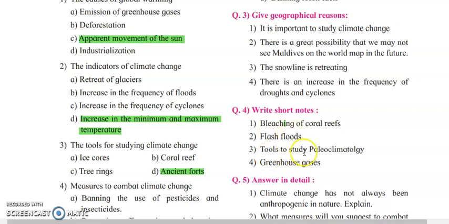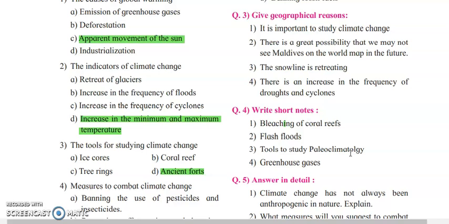Okay, next, tools to study paleoclimatology. अभी paleoclimatology मतलब क्या? जब भी हम विंटर के बारे में, वेदर के बारे में पढ़ते हैं या फिर क्लाइमेट के बारे में पढ़ते हैं, लेकिन प्रेजेंट सिचुएशन के बारे में नहीं, पास्ट के सिचुएशन, पास्ट में कैसा क्लाइमेट था, किस तरीके का वेदर था, when we study about this thing, then it is called as paleoclimatology. Okay, so how do we study it? We study it on the proxy data. We study by looking at the evidences.